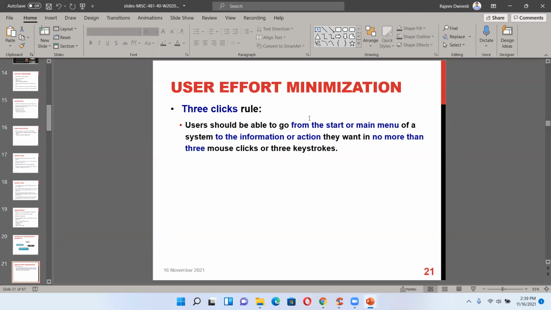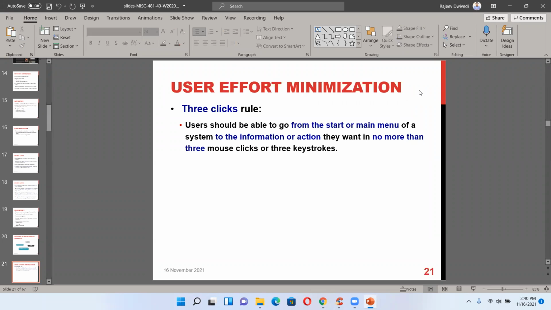User effort minimization, basically the 3 clicks rule. The user must get the information that he or she wants from the system within 3 clicks. They should be able to go from the start or main menu of the system to the information or action they want in no more than 3 mouse clicks or 3 keystrokes.